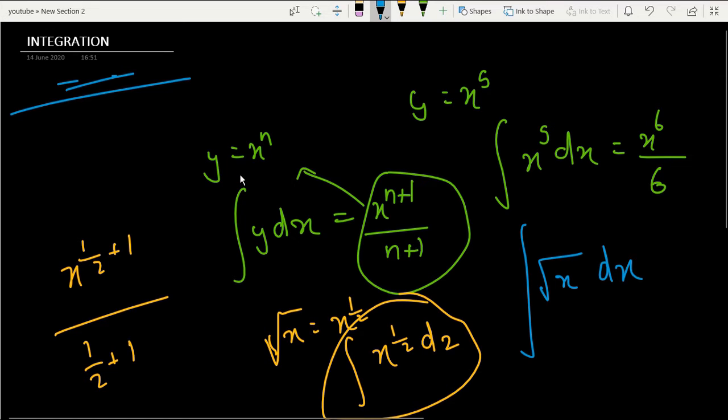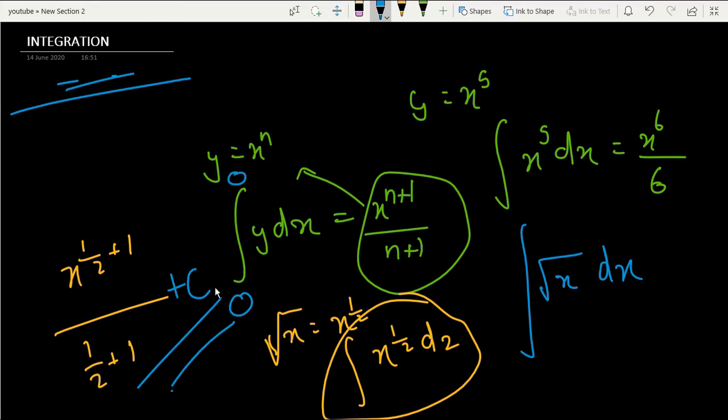Oh yeah, I forgot one thing to mention. If there is nothing mentioned above or below the integration sign, this means that it is indefinite. In this we have to mention a constant, plus c. Always, if there is nothing mentioned above or below the sign, then you always have to mention plus c in the answer. Remember this. This is a very important thing in integration. If you don't put this, your marks are going to get cut for no use. This is an indefinite integral formula. If there is something mentioned above or below this, then it will become definite.